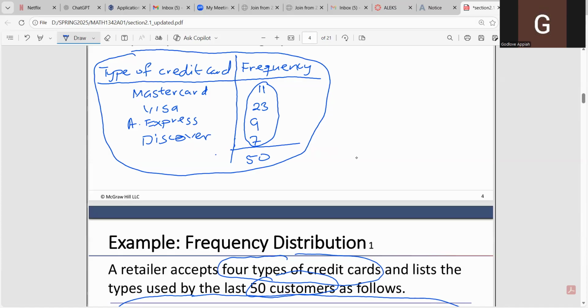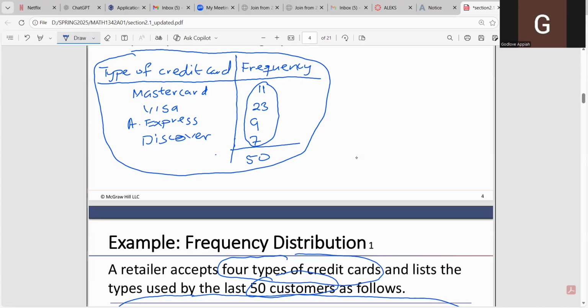Are there any questions at this point? Is everybody good? All right, what did you say? You asked us on the test to construct, what did you say again? So what I said is if I ask you on the test to construct a frequency distribution for any qualitative data set, this is what I want you to do. The table you see on the screen right now, that's the table I want you to come up with. Okay, perfect. Thank you. You're welcome. Any other questions?